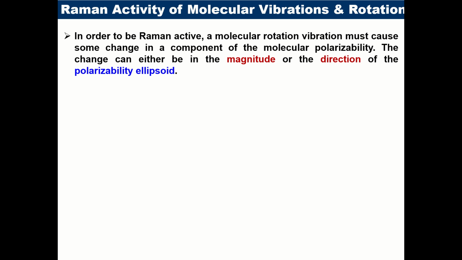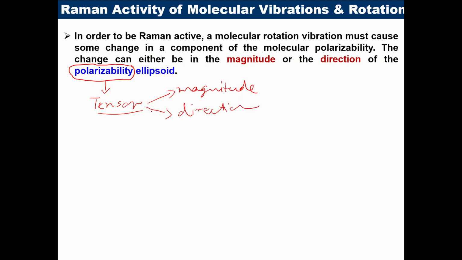और एलिप्सॉइड ड्रॉ करने की जरूरत क्यों पड़ी? Because polarizability is a tensor. ये मैंने आपको बताया था लास्ट क्लास में. This is a tensor quantity. It is not a vector, it is not a scalar, it is a tensor. और टेंसर में आपको 3 चीजें होंगी. You have magnitude, direction, and a shape. So three dimensional, एक geometrical shape भी होगा.